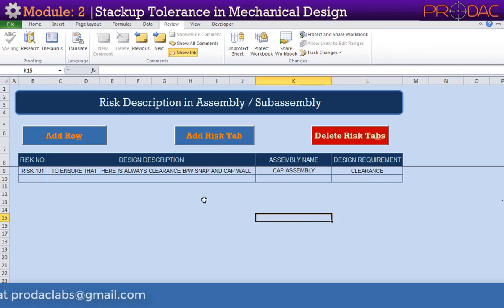Requirement can be chosen as clearance or interference from drop-down menu.